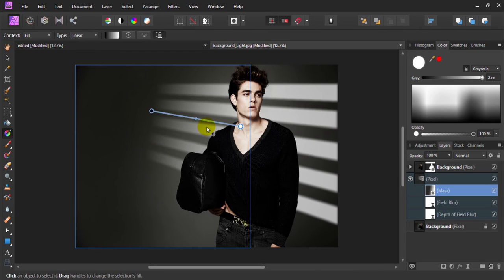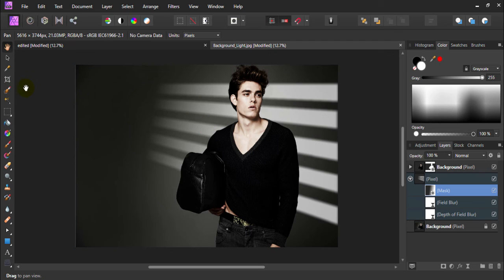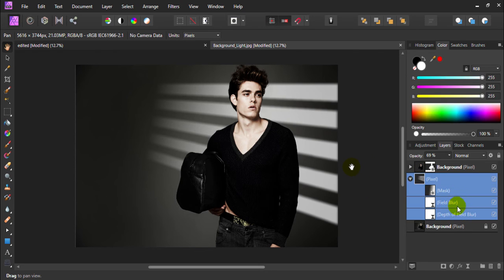Okay, after you have done that step, just come out from the gradient, and that's all for applying lights and all that stuff. So you can see that when we apply two different blur filters, our photo's light intensity is reduced very much.